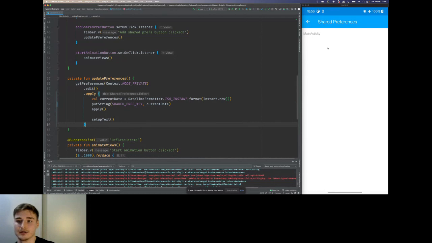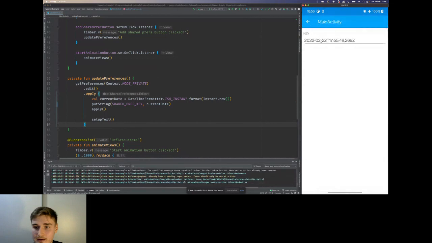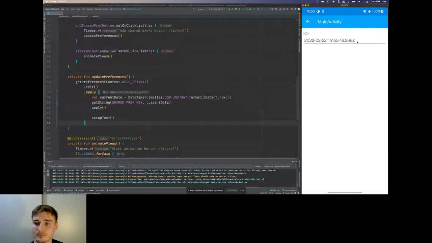I try to help. So going back to the shared preferences plugin, as you can see, we can see all our shared preferences, all keys and values of those preferences. So it's an easy way to browse all preferences that we've added.